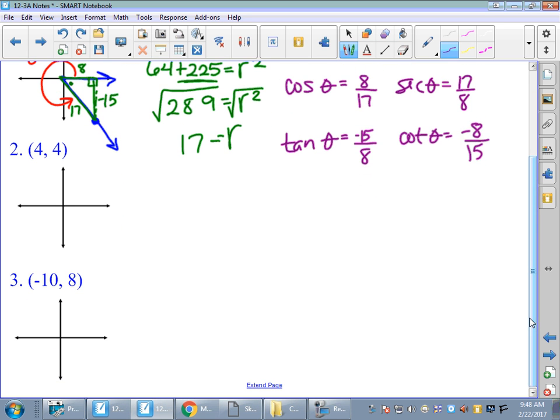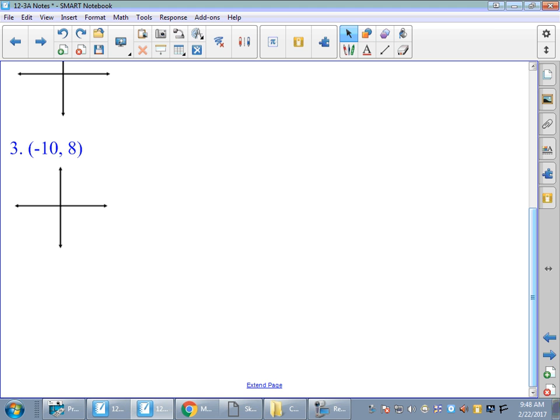All right. I'm going to skip number 2 because number 2 is just like right triangle trigonometry. It's right in the first quadrant, so nothing's really going to change. Let's go to number 3 really quick. So for number 3, negative 10 and positive 8 tells me I'm going 10 left, and I'm going up 8. And so I'm making my point, draw my angle,